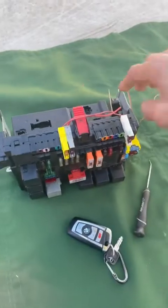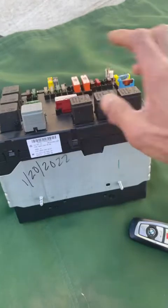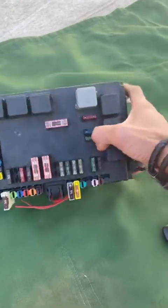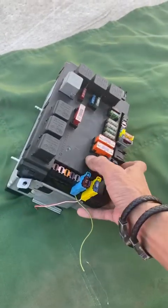Okay, today is February the 7th, 2022, and what I'm going to be doing today is opening up the rear fuse box for the 2008 Mercedes S550, the W221, which is that guy right there. It's been about a week and a half to 2 weeks since I replaced this guy from the back trunk of the Mercedes, and I mentioned that I'm going to open this and let you guys see